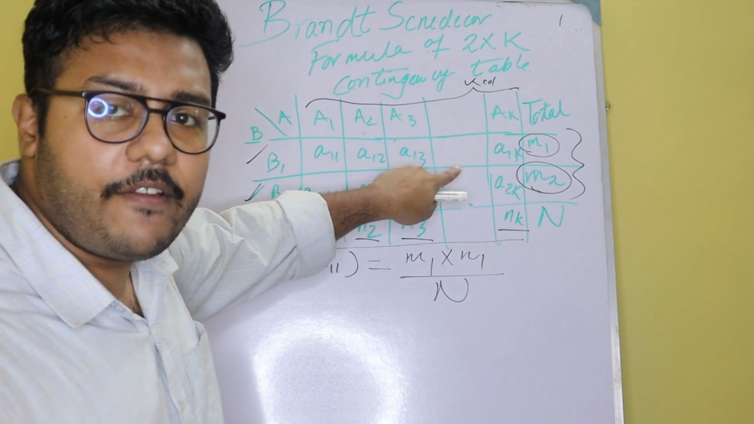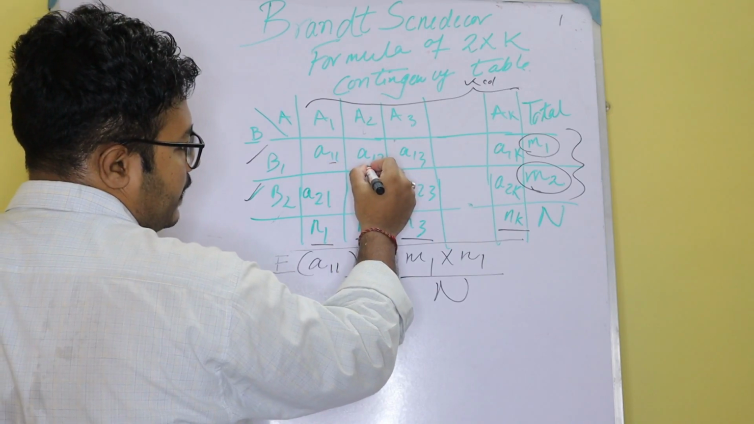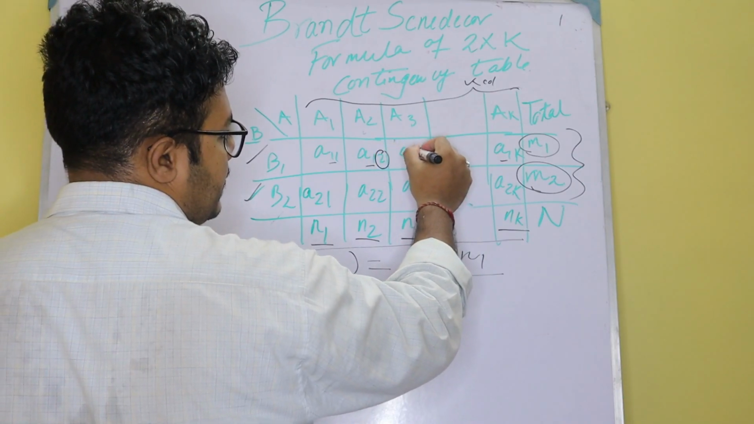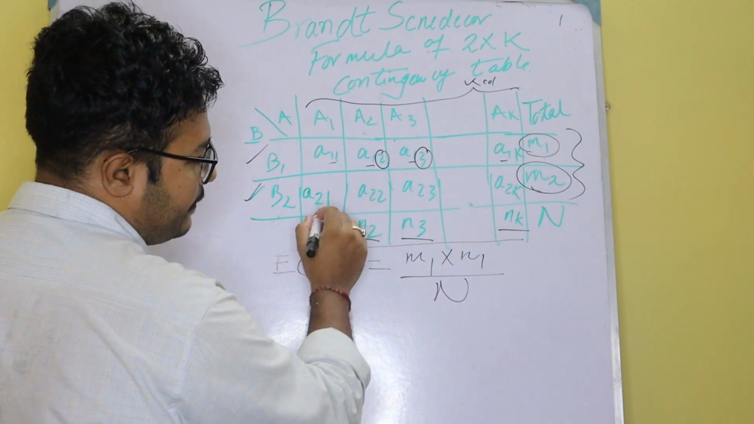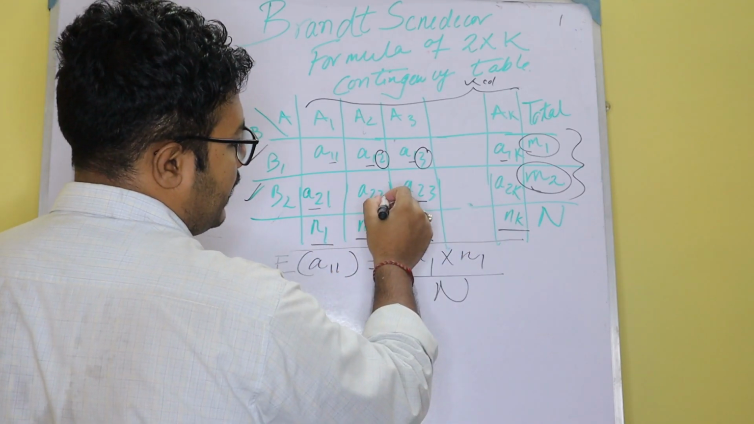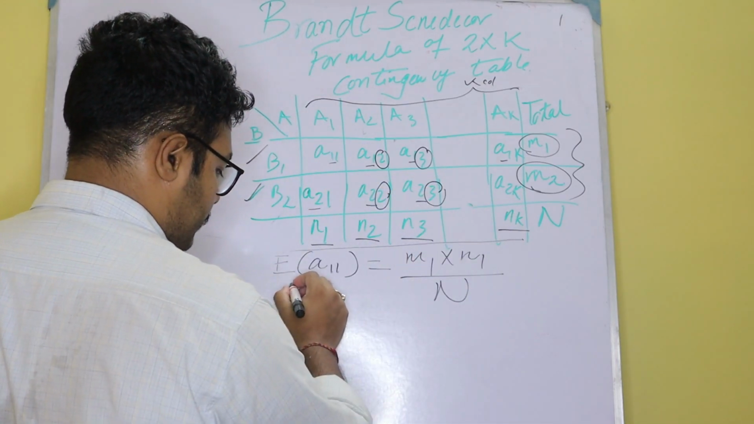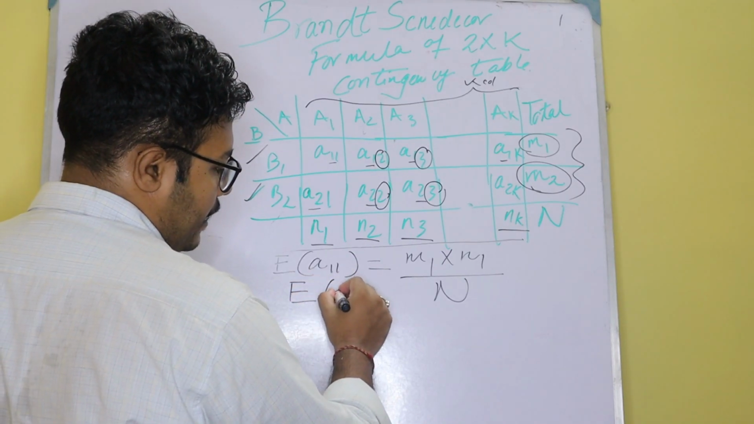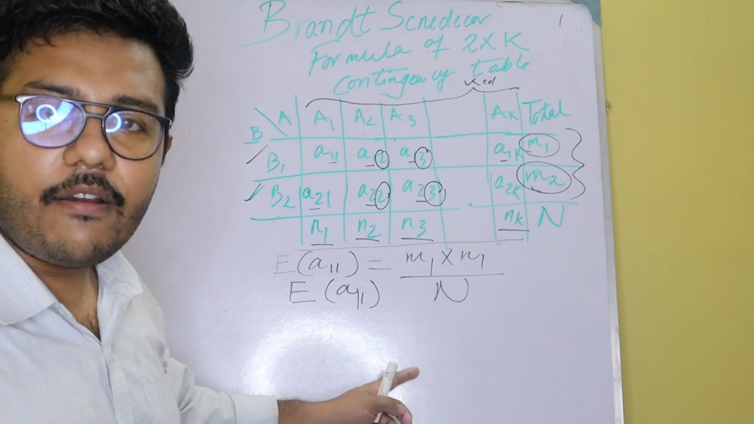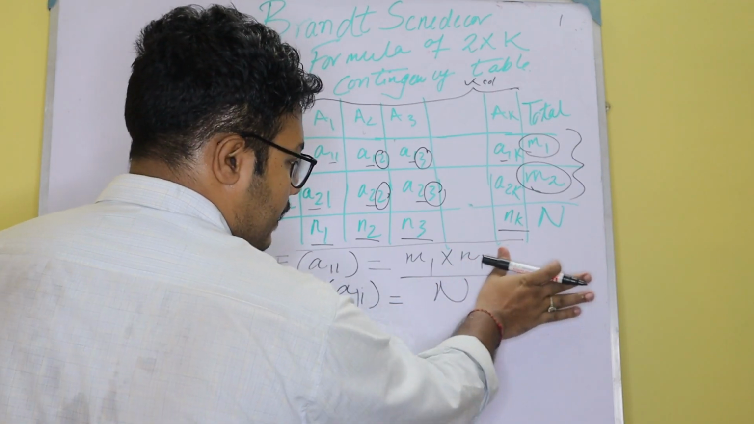Now, if you observe very carefully, you will see that for all the elements of the first row, this first digit is remaining the same. Only the second digit is changing. And the same goes for the second row also. This 2 is remaining the same, but the second digit is changing. So for E of A of 1i, it means,